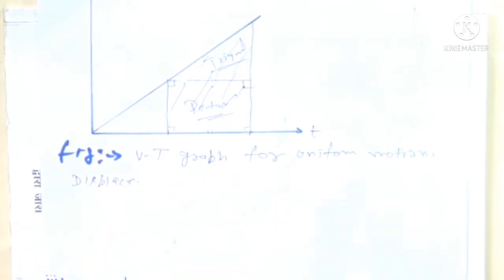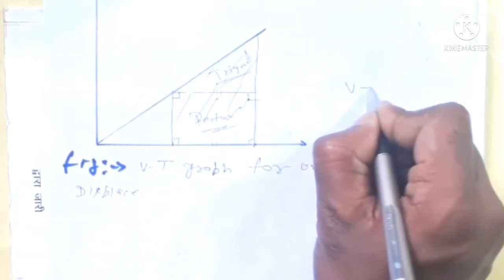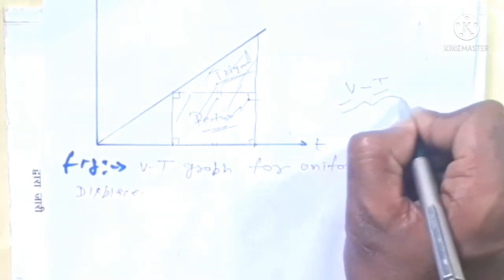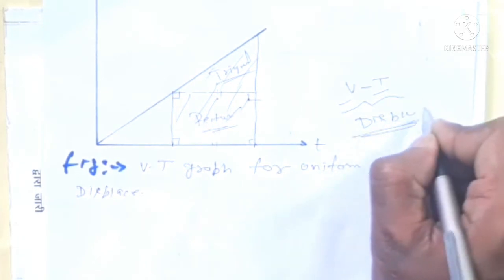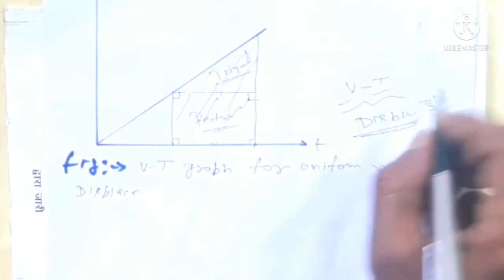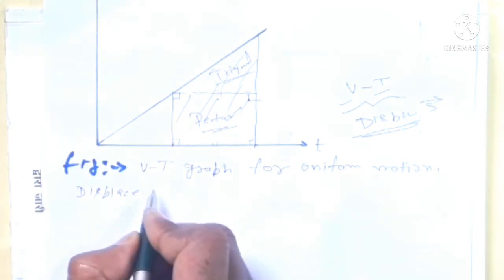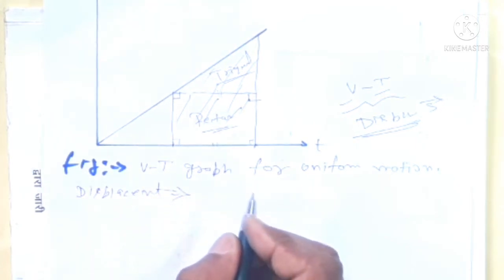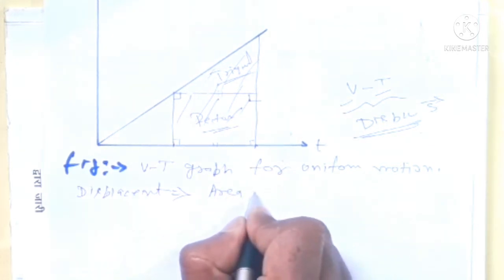When we find the area of a velocity time graph, it gives displacement. This is the important point. So displacement can be written as the area of